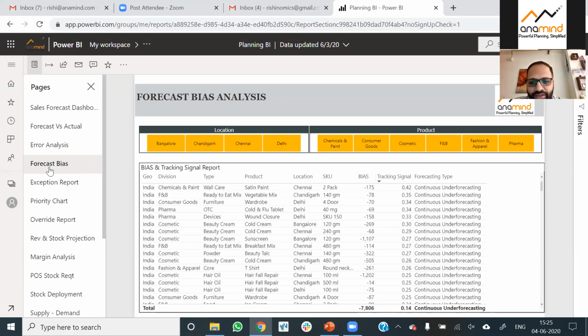So you can have your bias report. And now bias definition, you can have whether you want it 3 months, 4 months, what kind of time horizon you want to take for your bias to be computed. You can also have it, and you must have a tracking signal associated with the bias, because otherwise you don't get to know the magnitude of the bias, whether you should worry